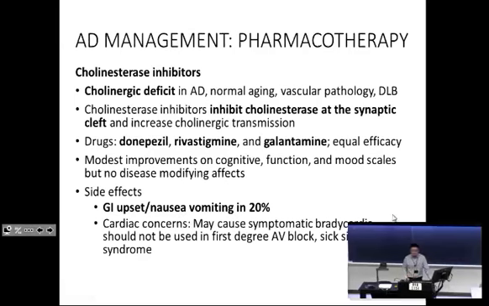It is for the same reason that people have issues with presyncope, syncope, and heart block, because it increases the tone of the vagus nerve to the sinoatrial node, and as a result, may reduce someone's basal heart rate. It's not exactly a beta blocker, so it's not quite that severe, but it can have that effect.